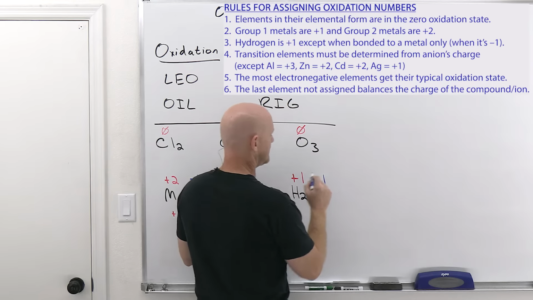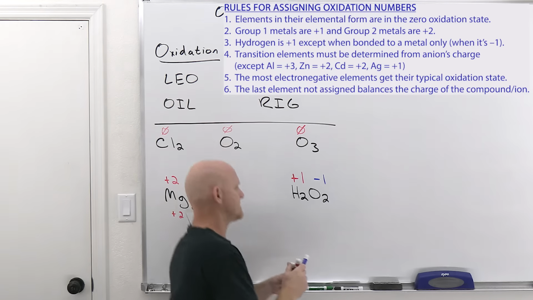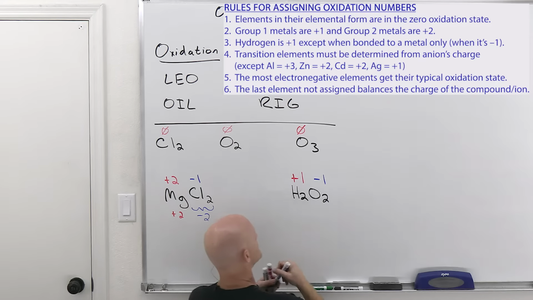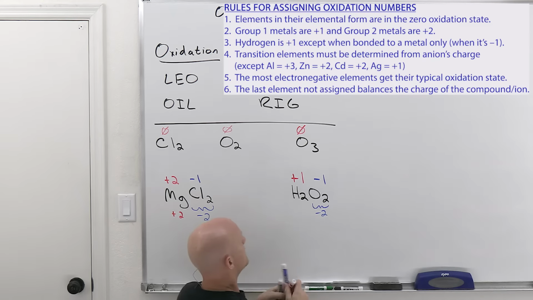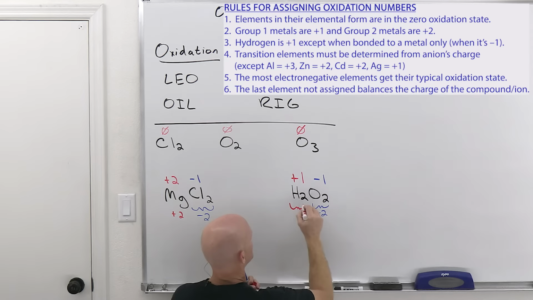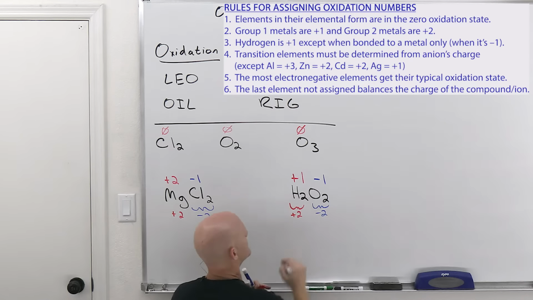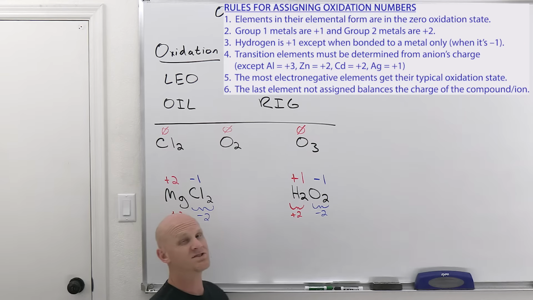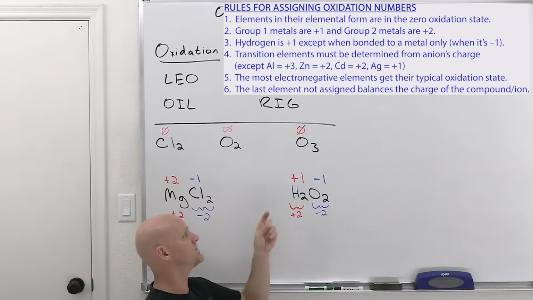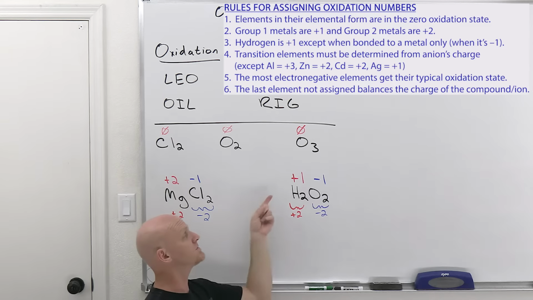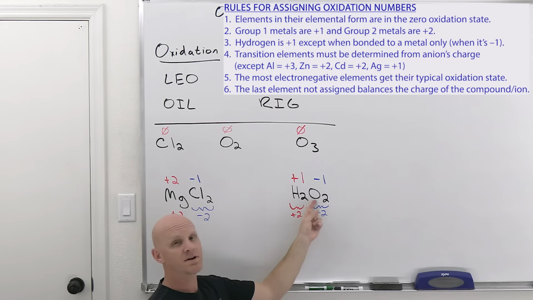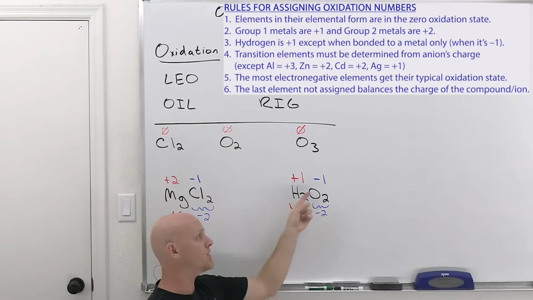to be -1. So we see that we've got 2 oxygens for a grand total of -2, and 2 hydrogens, therefore, for a grand total of +2. But just remember that oxidation number or oxidation state is always per atom. And so if you said that the oxidation state for hydrogen was +2, that's wrong. It's just +1. The oxidation number accordingly for oxygen, if you said it's -2, no, in this example for a